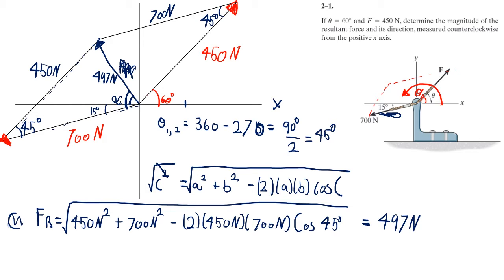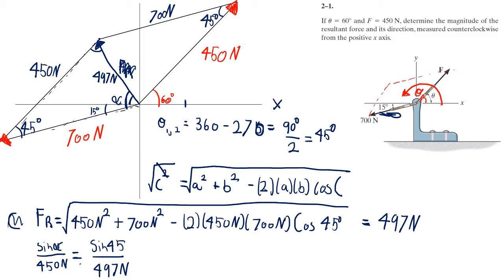So you can also solve for this angle up here, and then use the 180 degree in a triangle rule to solve for this angle as well. But we're just going to go right to the angle. So because we're solving for an angle, we're going to want to use the law of sines here. We have opposite, opposite. Basically, we're going to want to use the equation with the angles on top. So sine of alpha, I have a hard time writing that, all over our 450 newtons. And that's going to be equal to the sine of 45 all over our